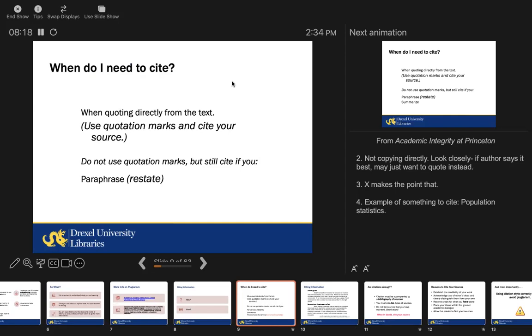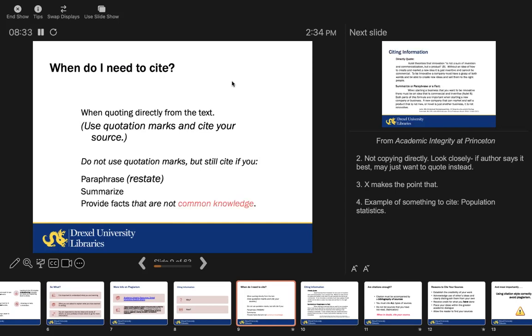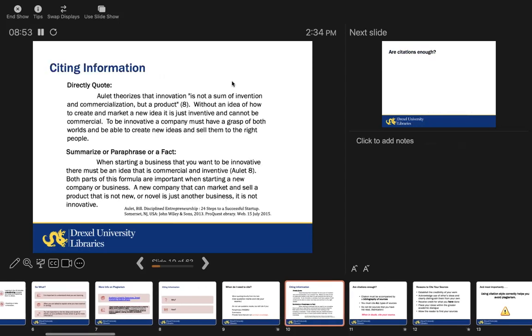And if you are writing a research paper using IEEE style, they have their own way of citing IEEE papers. We have access to IEEE Xplore, and we can come back to it later when we are talking about that. Let's go to the next slide. Paraphrasing, summarizing, and providing facts that are not common knowledge. So if there is statistical data, we are talking about numbers, and that number is coming from a certain government website like the Department of Energy, for example, or the US Census, that information needs to be cited.